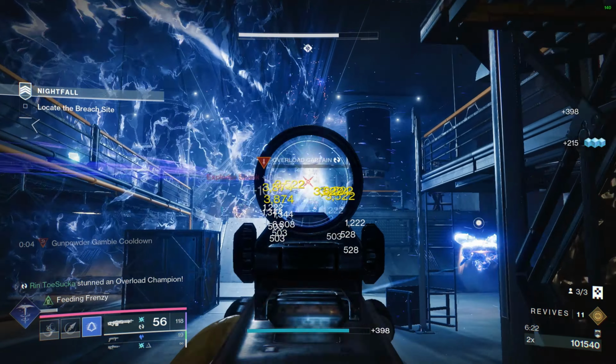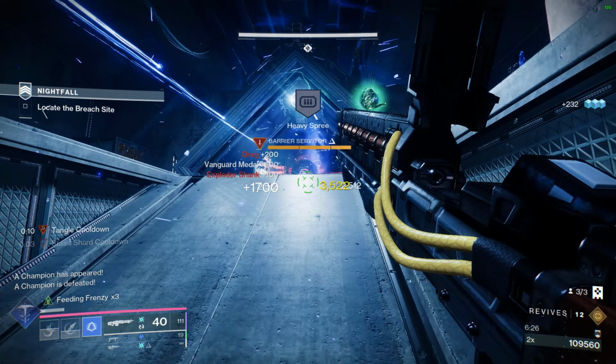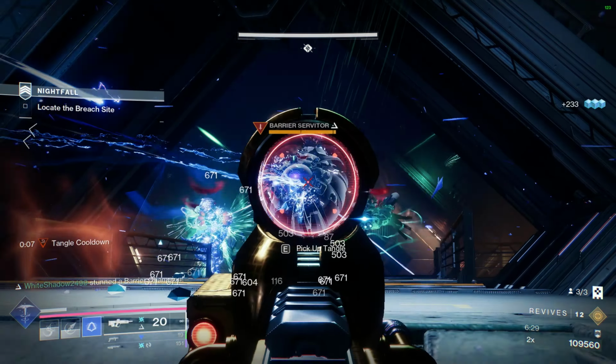And then in terms of getting the melee energy, if we happen to not have it, we have our dodge, we have a gunpowder gamble, and depending on the super, you have that as well, along with the weapons of